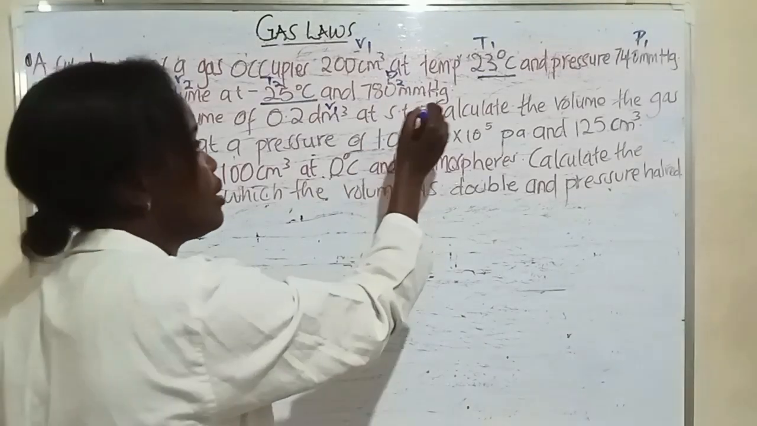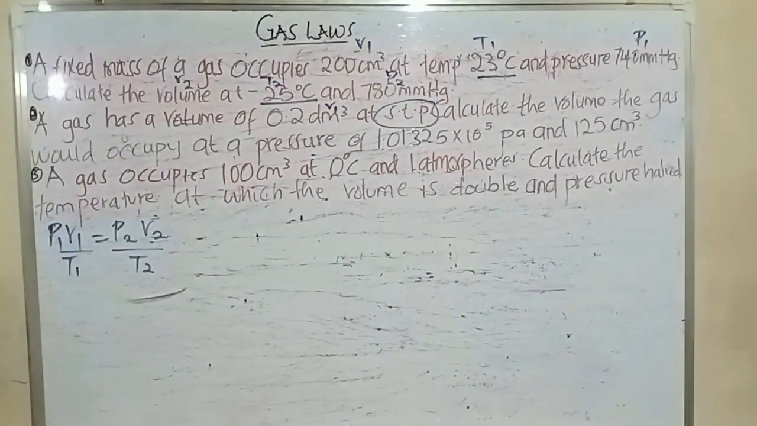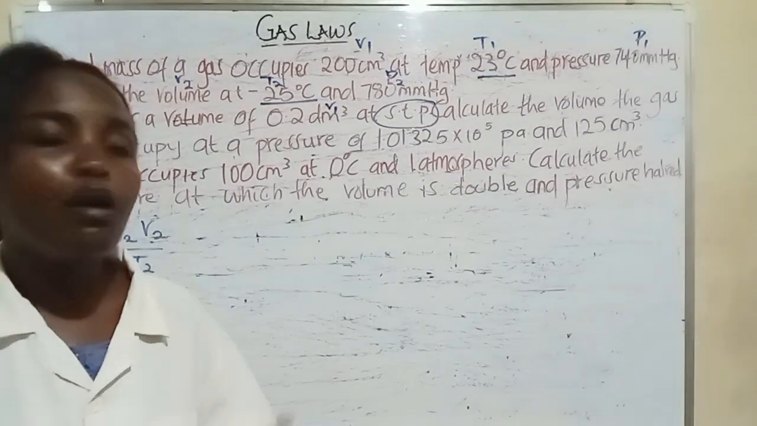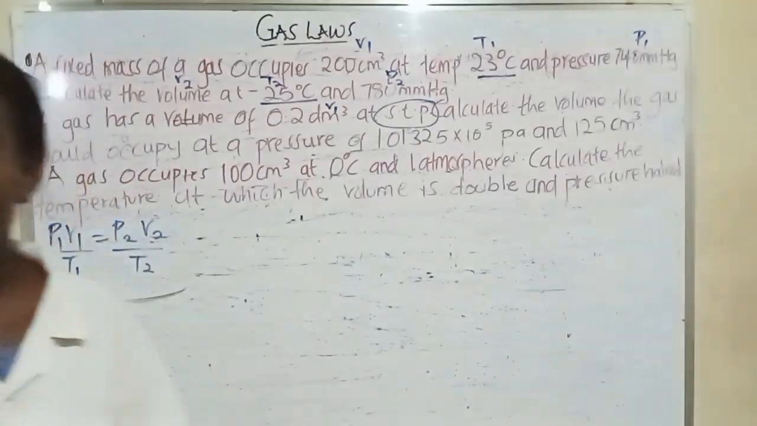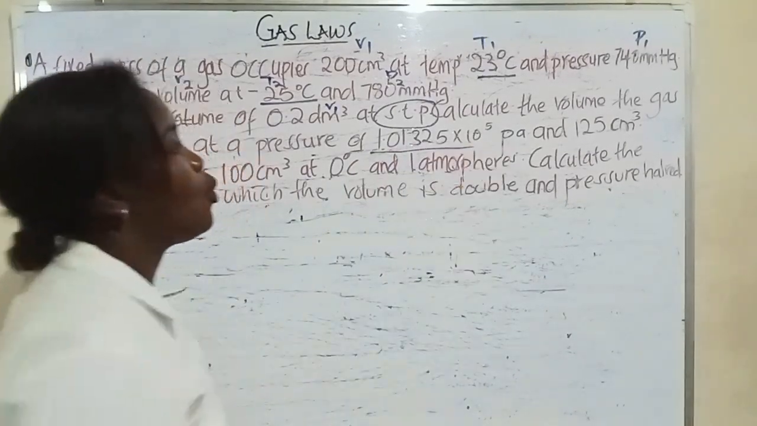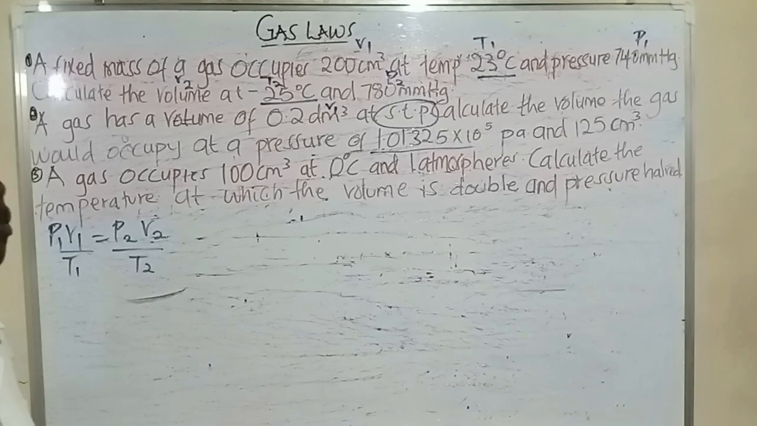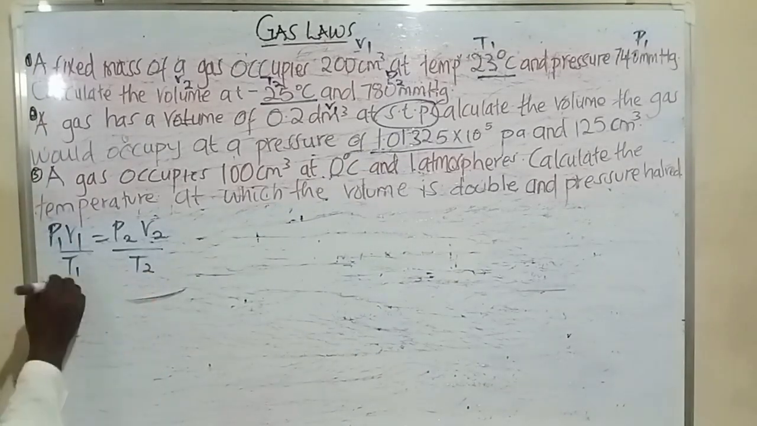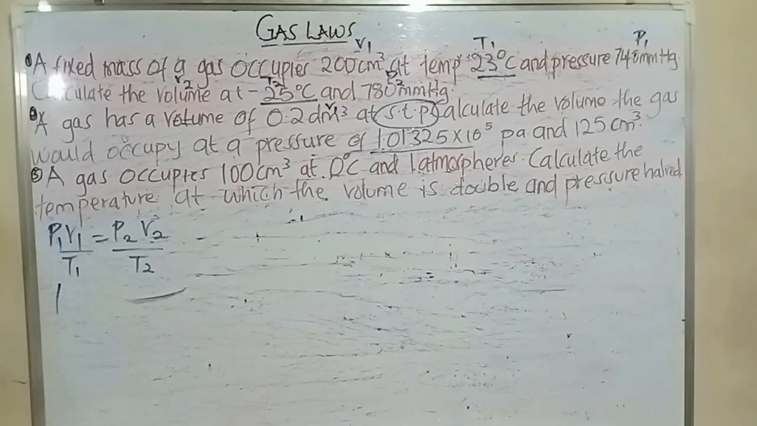Now, you see this word? At standard temperature and pressure. What does that mean? At standard temperature and pressure, the pressure is going to be 1 atmosphere, which is equivalent to 1.01325 times 10 raised to power 5 pascals. So we've said at standard temperature and pressure, the pressure is 1 atmosphere, which we said is the same as